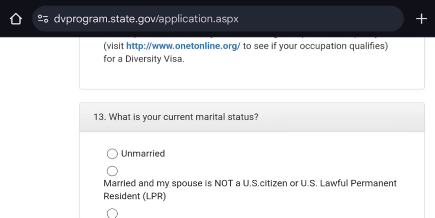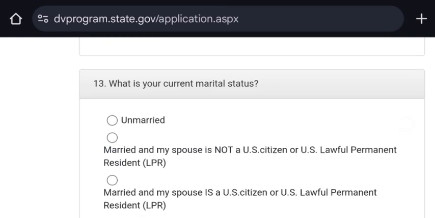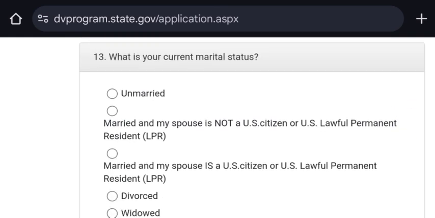Then you have to provide your marital status. Whether you are married and my spouse is not a U.S. citizen or a U.S. lawful permanent resident.